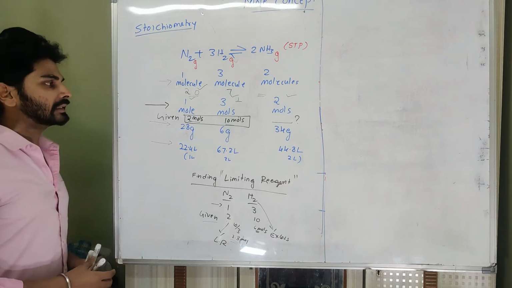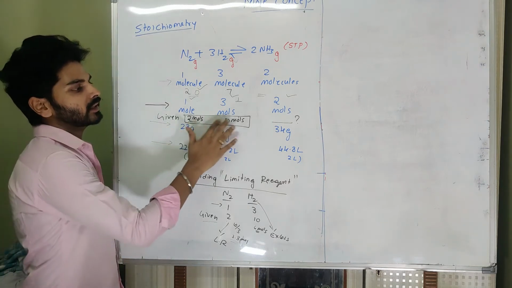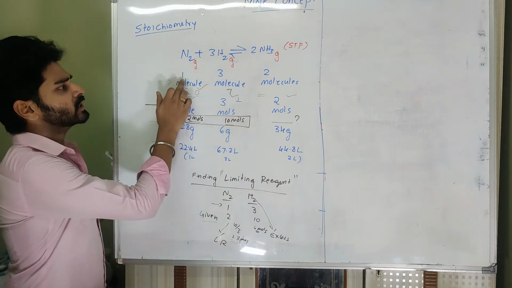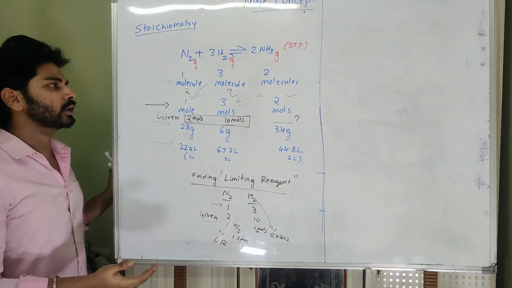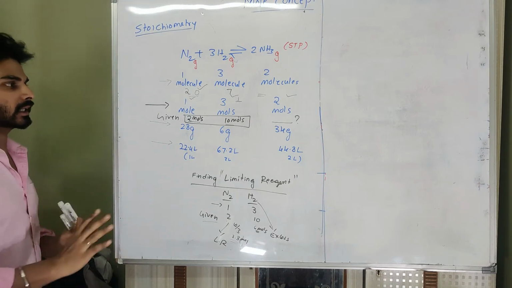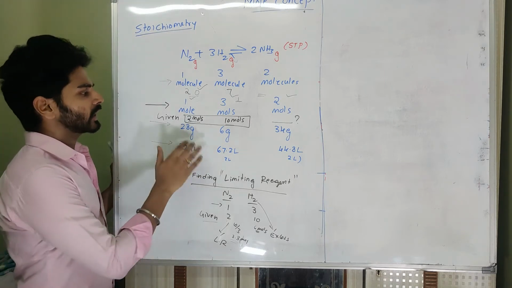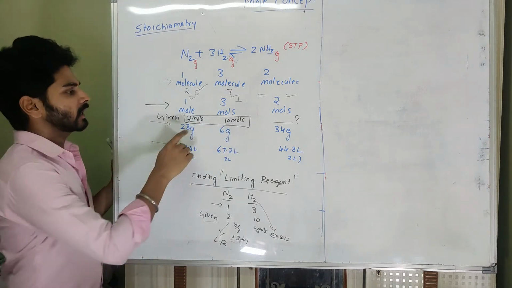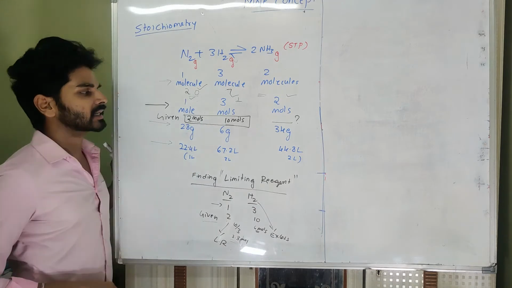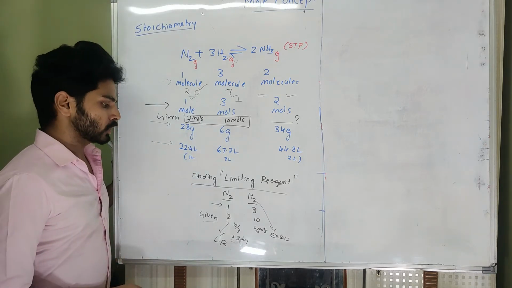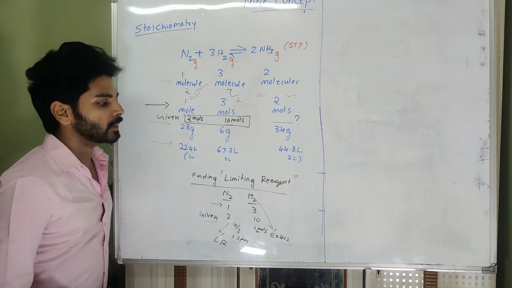So this happens when you are not given the reactant amounts in stoichiometric ratio. If it is given in the form of 1:3, then no need to worry. Everything will be reacting, and after that nothing will be left behind. But that is not the case. While giving, they can give any amount of things. There we have to find out which of the reactants is getting consumed completely in the beginning. That is what is called finding the limiting reagent.